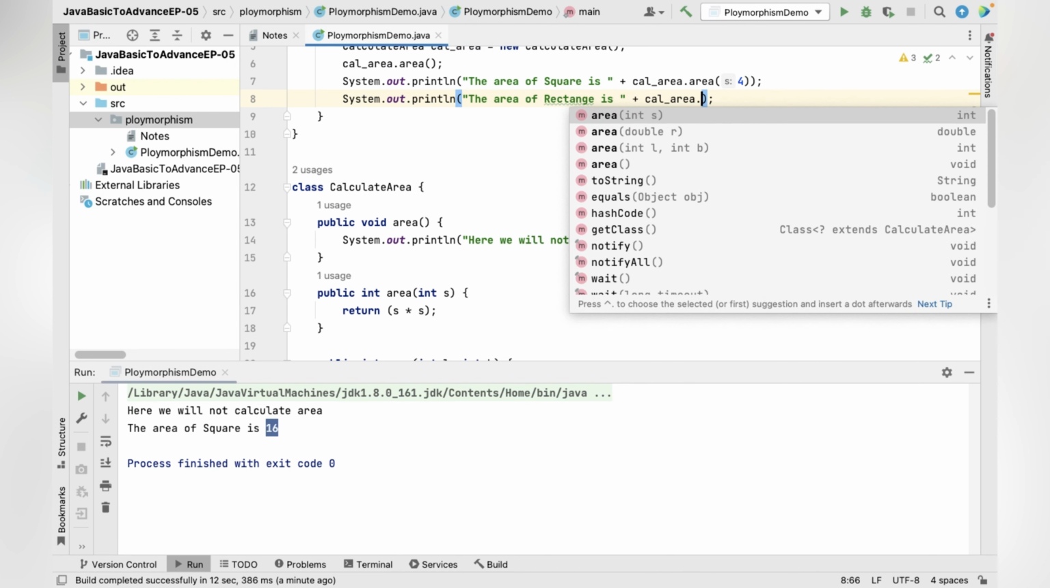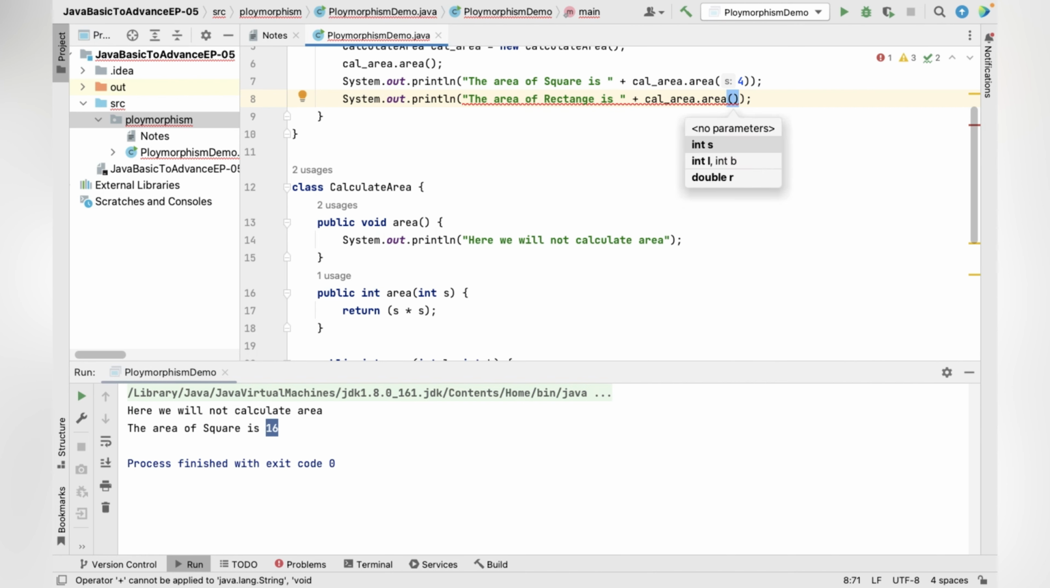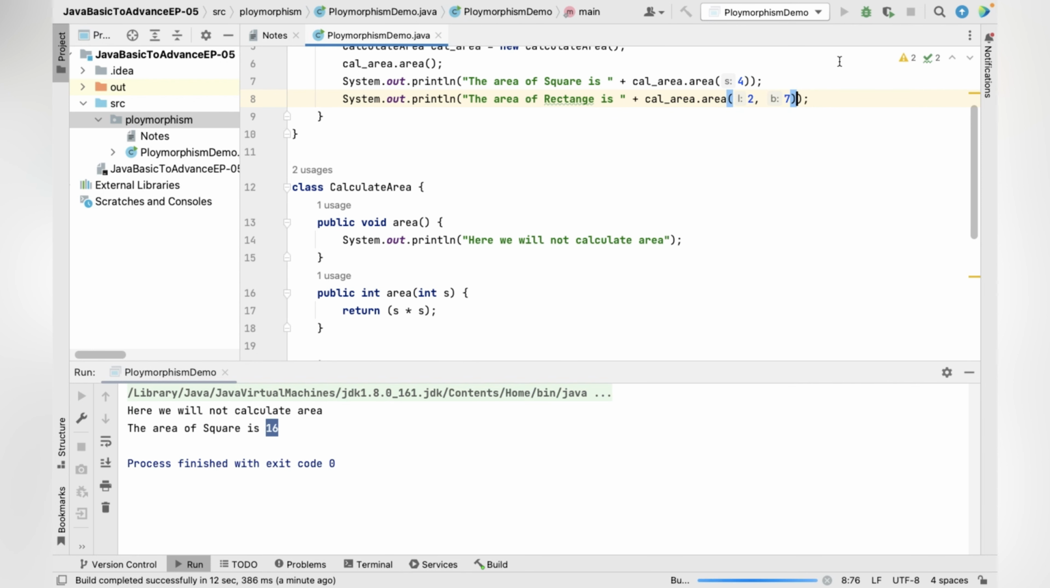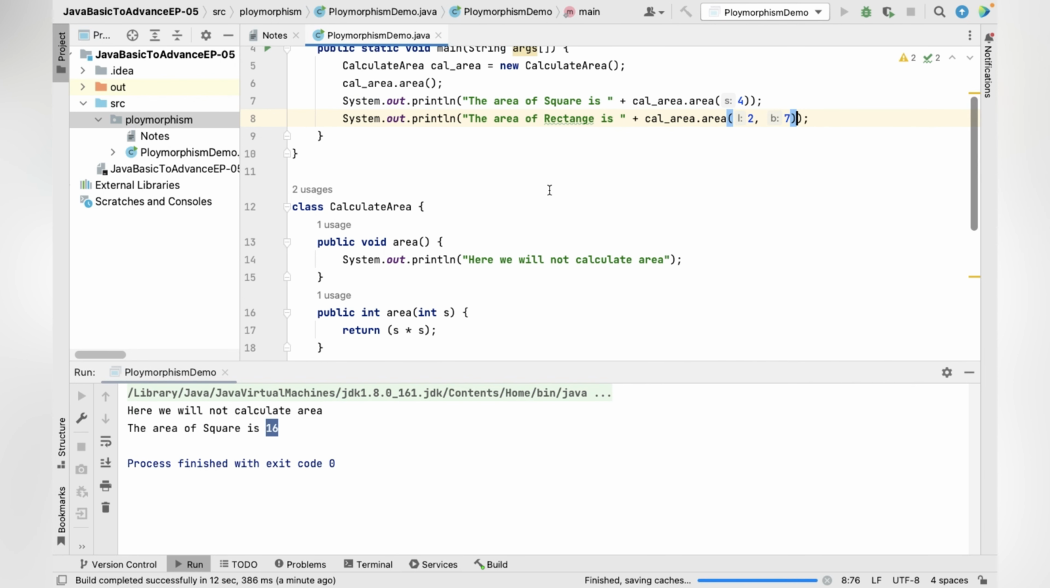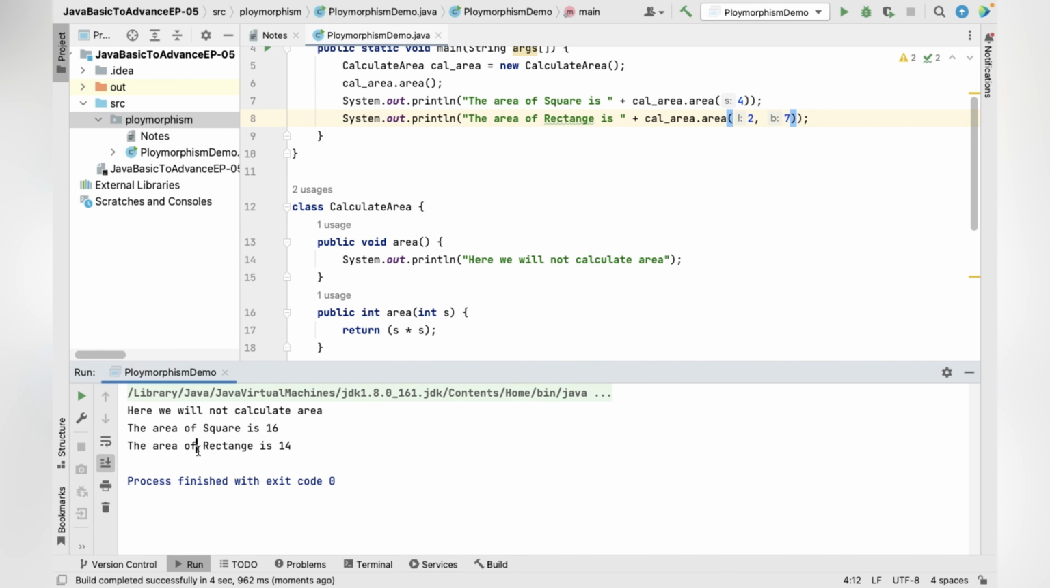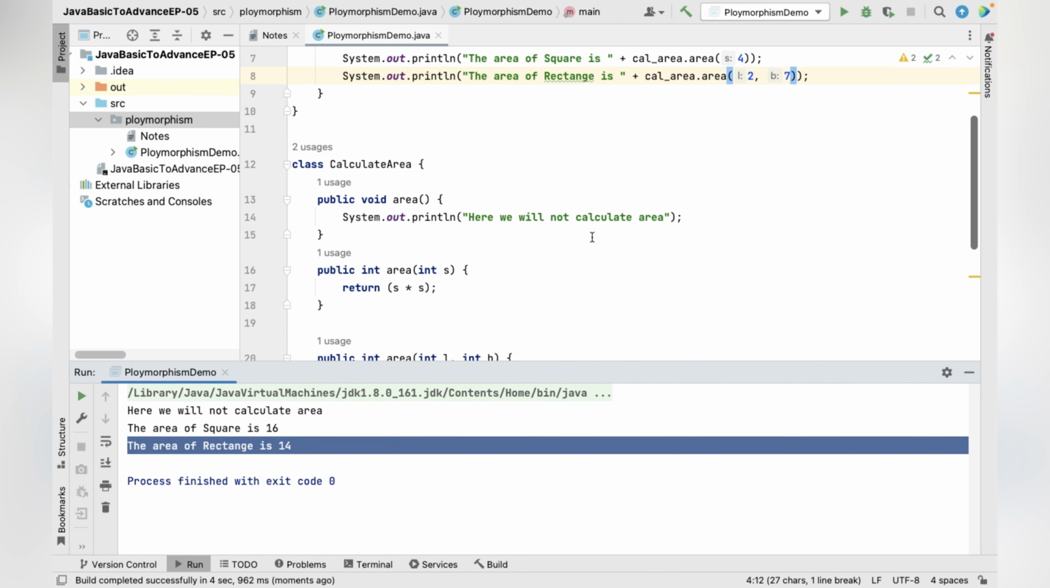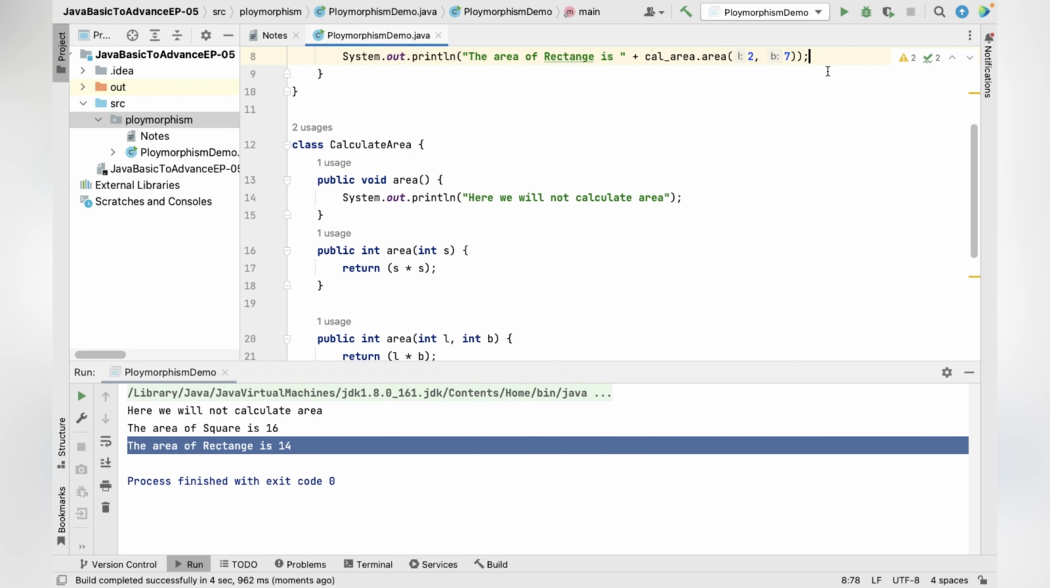Same object, same method, and we'll give two values as 2 and 7. So let's see what value it will give us. The area of a rectangle is length into breadth, that is 7 times 2, 14. So here the area of the rectangle is 14. So now I'm going to